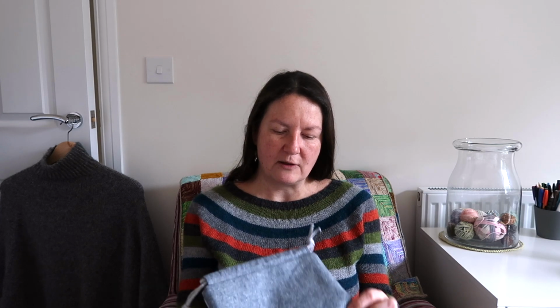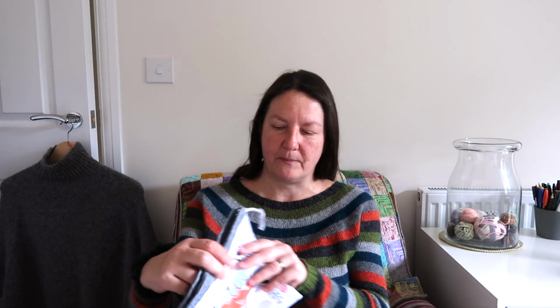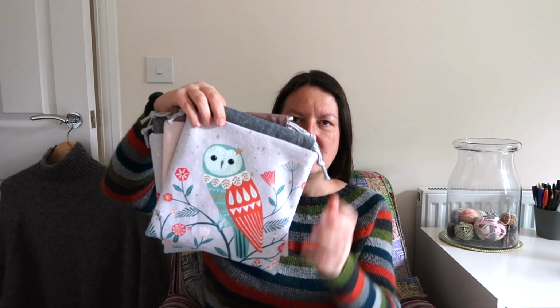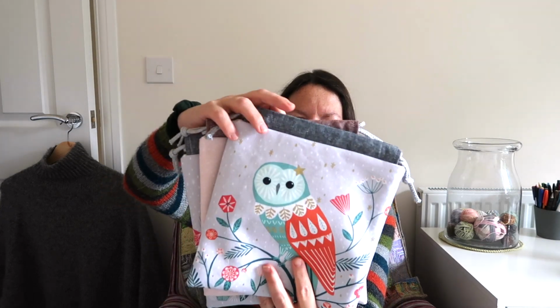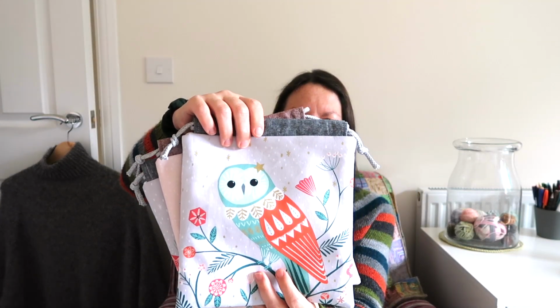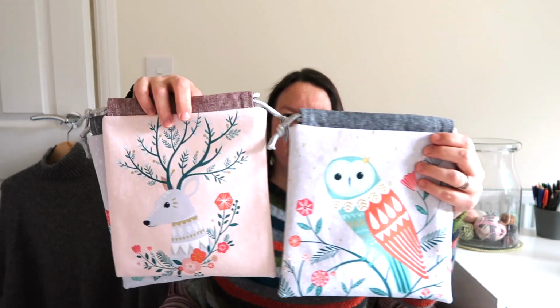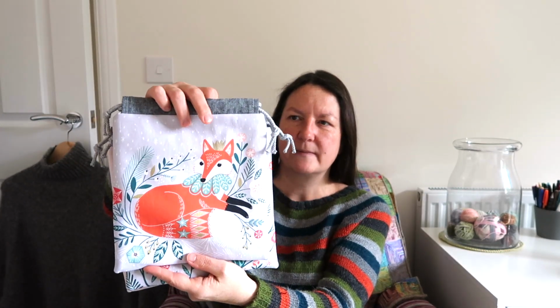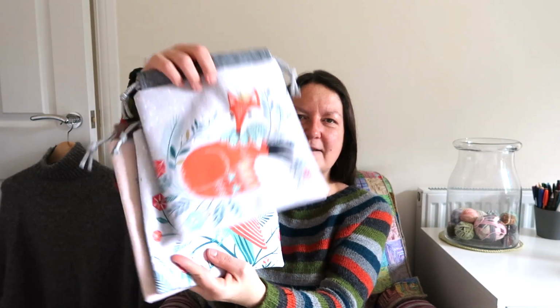So in the small range in the shop at the moment, I've got a number of what I'm dubbing my Christmas Eve cast on bags, and these are what I've got made up at the moment. These are all beautiful prints, whimsical, folksy woodland animals. So we've got a fox. I should have given these names, shouldn't I? Freddie the fox,